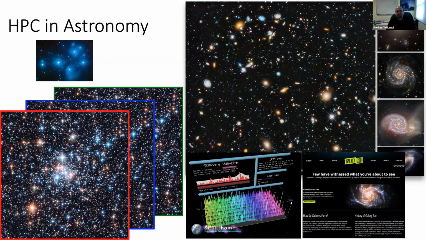But nowadays, with the very big surveys, we have many pictures in many filters. We take data, we observe the universe, we observe the sky, different parts, several times. So we have a very big amount of data.